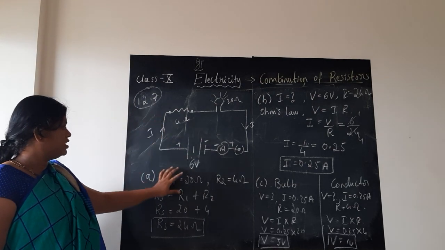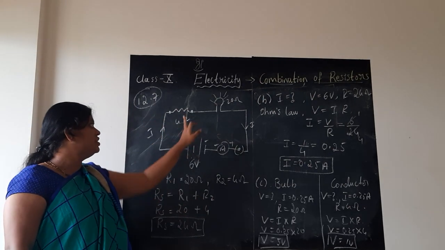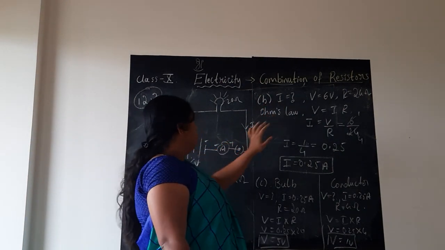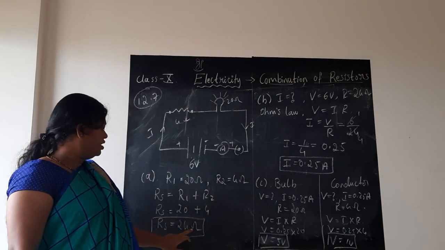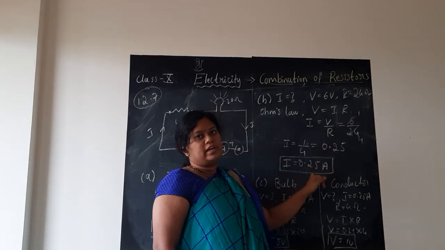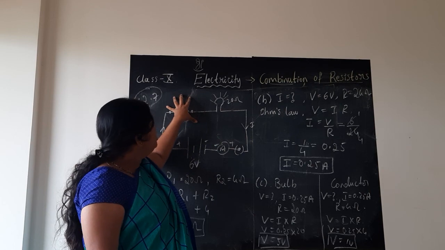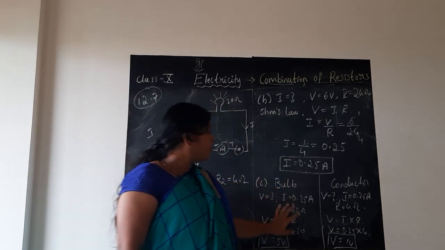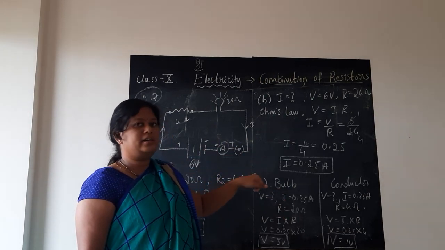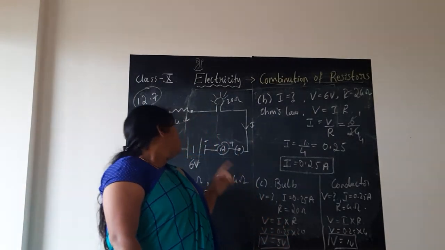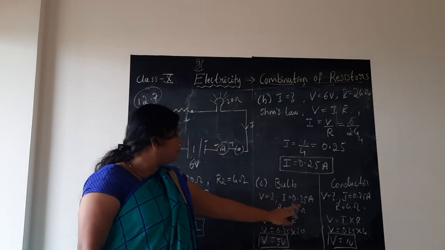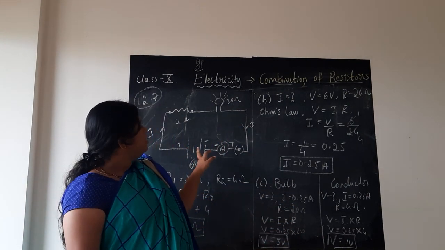In the first part, for the given circuit, total resistance was asked. So R1 plus R2, since they are connected in series, we did R1 plus R2 and found it. Next they ask what is the total current. Once we know that the given voltage is 6 volts and the total resistance, we can find the current by using Ohm's law, and we got 0.25 ampere. Now separately they ask what is the potential difference across the bulb as well as across the conductor. For the bulb voltage we don't know, we are finding it out. Current is 0.25 ampere, the total current only we can take. The same current flows in case of series. Resistance is 20 ohm for the bulb, so 0.25 into 20, we got 5 volts.